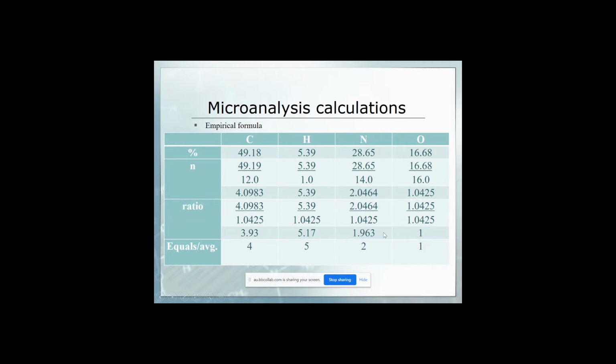Nitrogen gives us, rounding out, 2. Your hydrogen gives us 5, and your carbon gives us 4 in the end. Now, in regards to rounding up and rounding down, this depends. If it is a slight adjustment, that's okay. If you have a major roundup that you need to do, then you will need to go through and multiply each individual one. Then from here, we put it into our formula, and you'll see,